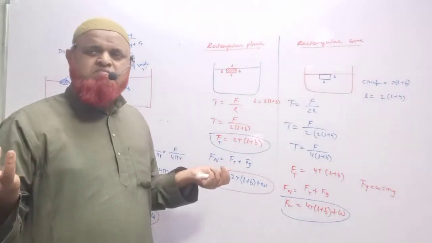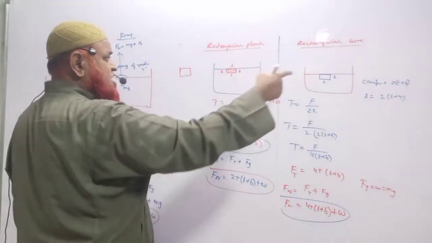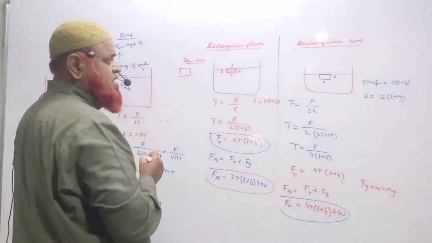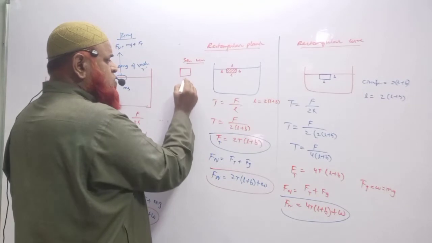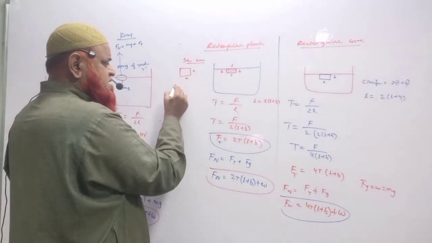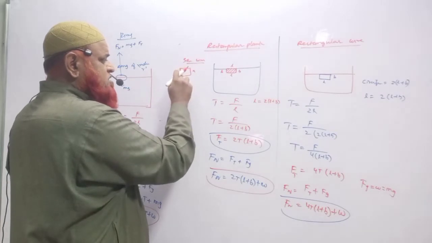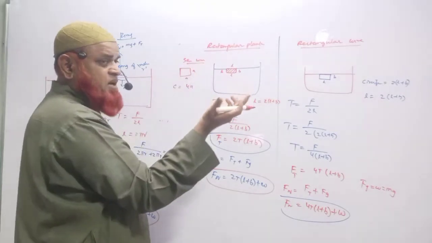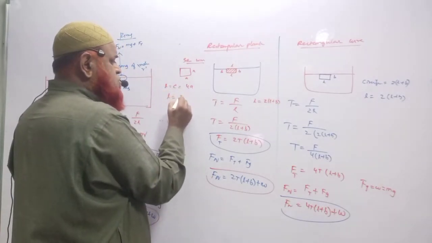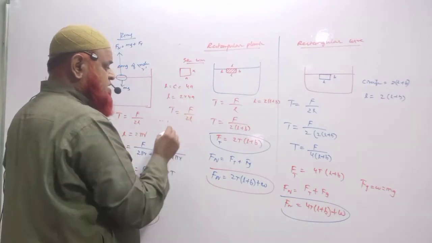Like this you can do for anything here. For example, if it is a square shaped wire, not a plank, I am telling wire, whose side is A, then what is the circumference here? 4A. As it is a wire, both the inner length and the external length are affected by the surface. So the total length, which is the circumference, you have to consider 2 times 4 into A. So here this is a wire, so force by 2L you have to consider.